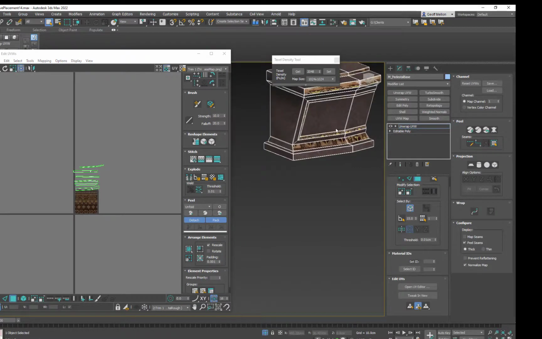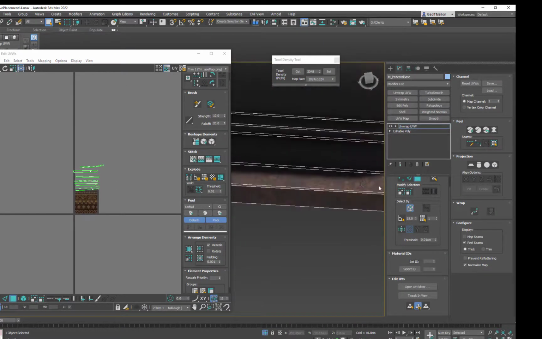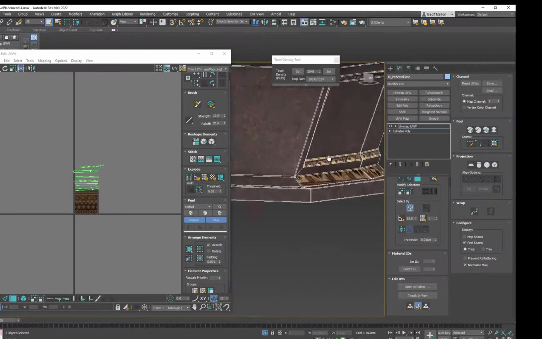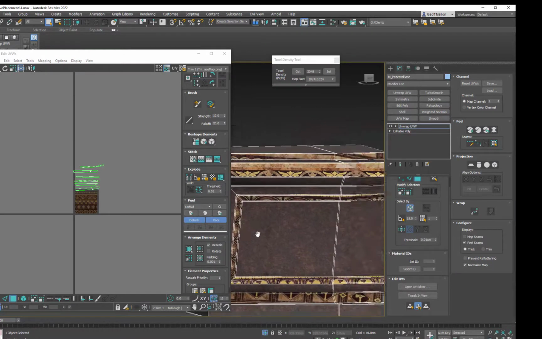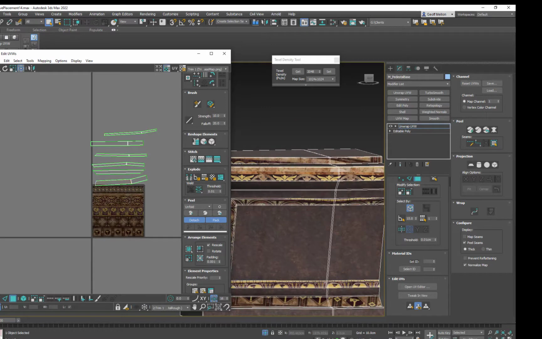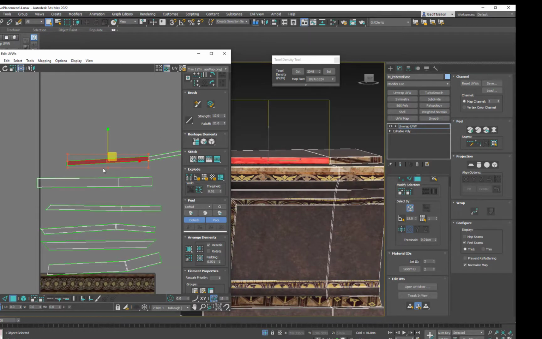So let's come back in here. We have this sort of set. We're going to have to play with it. Obviously, there's some stretching and stuff in some places, but we'll take a look at that in a minute. All right, so let's take a look at this, and we'll start with the top one. This is the smallest one. So what I'm going to do